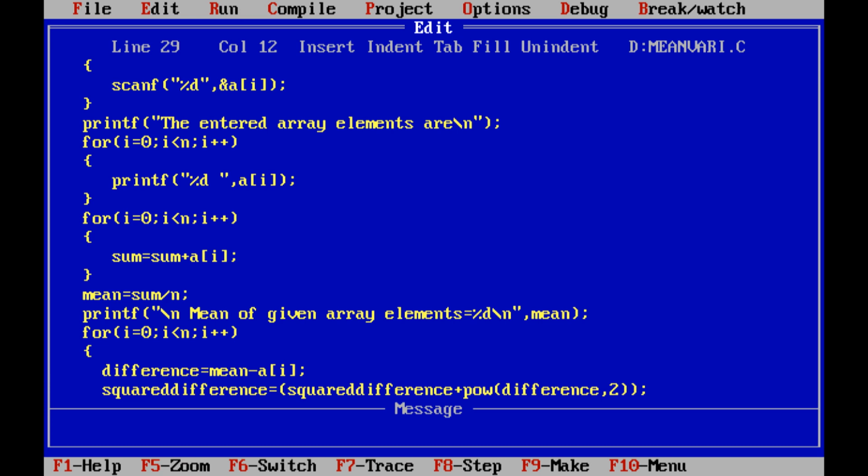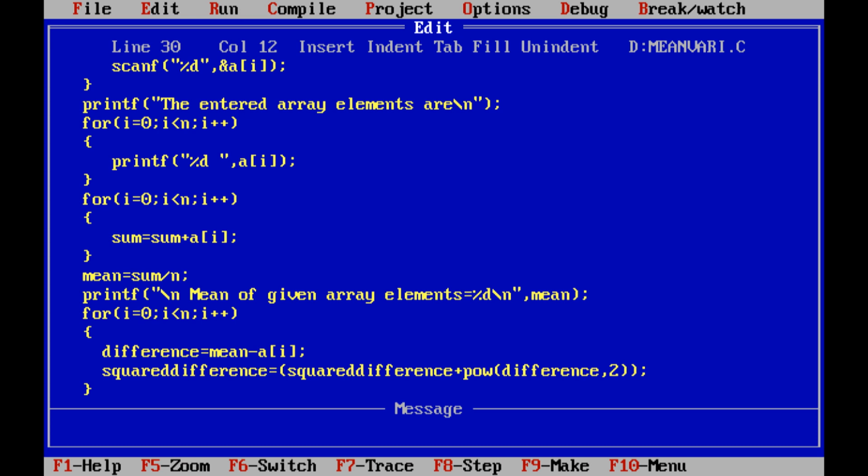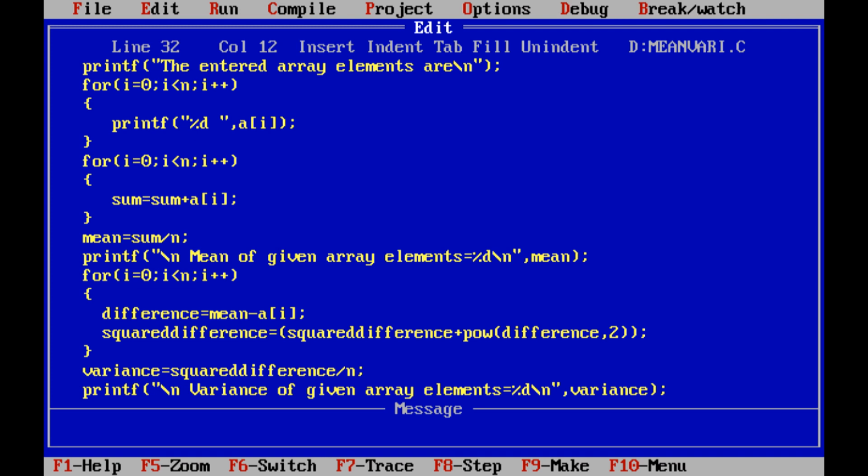So square difference is nothing but square of the difference value after subtracting mean value from the given array element. So this is the function. After that we are getting total square difference value is 1000.